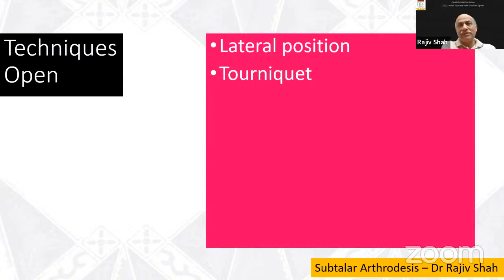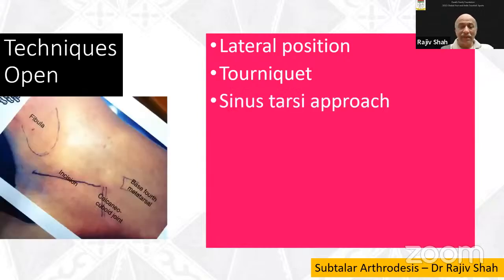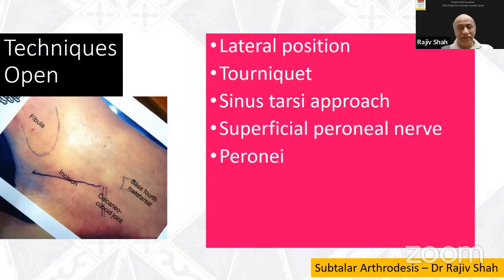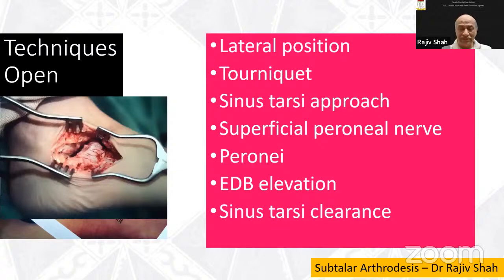Now, for an open surgery, you put your patient in lateral position with a tourniquet inflated, and a sinus tarsi approach, a small approach from the tip of the fibula to the base of the fourth metatarsal, is done. You need to take care of the superficial peroneal nerve, which lies dorsal to the incision, and the peroneum, which lies ventral or below the incision. You raise the extensor digitorum brevis muscle, and then you reach into the sinus tarsi, clear it, distract it, and